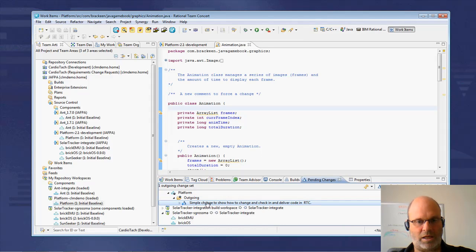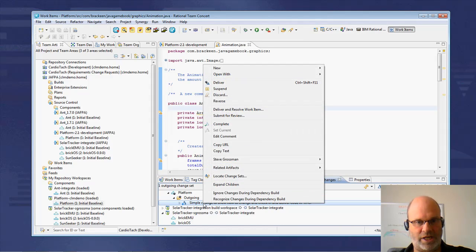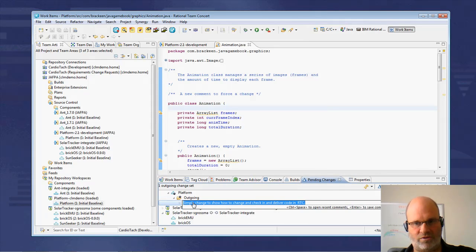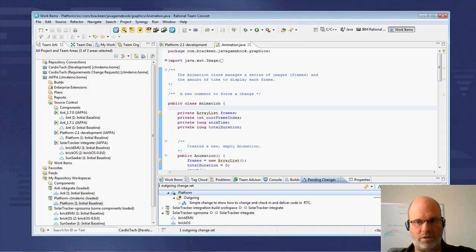Okay. Likewise, I could associate this change set with a work item if I needed to. By using this related artifacts, I could associate this with a task or a defect, some other kind of change request if I wanted to. In the interest of this short demo, I'm actually not going to do that. What I'm going to do now is just deliver this change set,